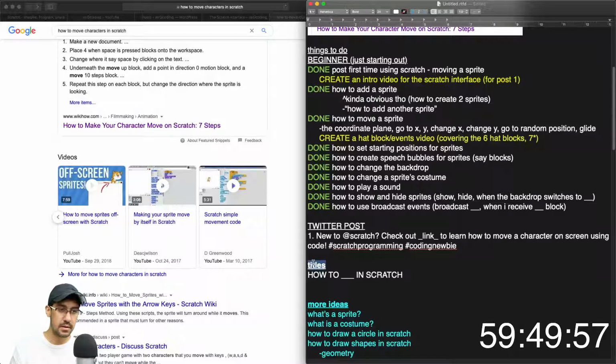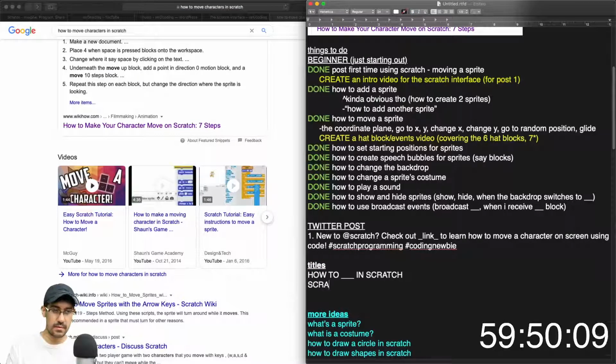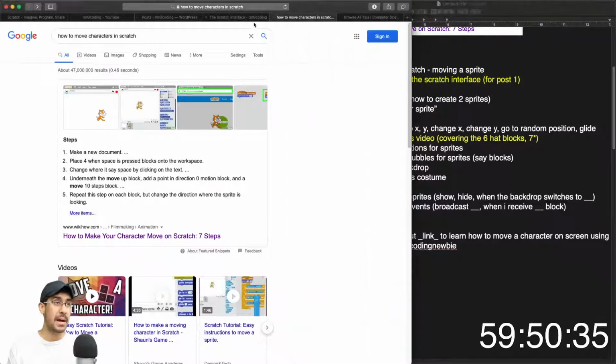Titles. How to make a sprite move with the arrow keys on Scratch. Scratch tutorial, that's another one. And then, a colon and then the title. So basically what I'm trying to do is reverse engineer how Google is presenting either videos or posts when someone's looking for the answer. And I want to make sure that I model my,